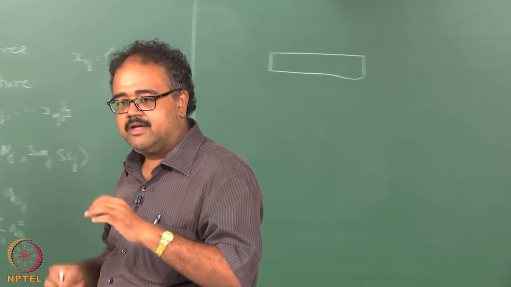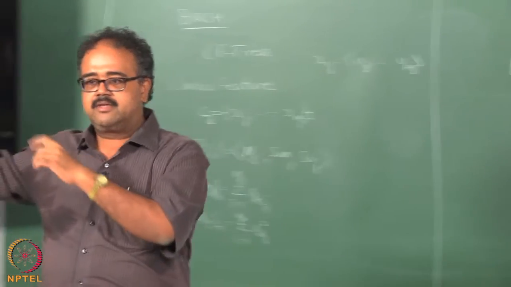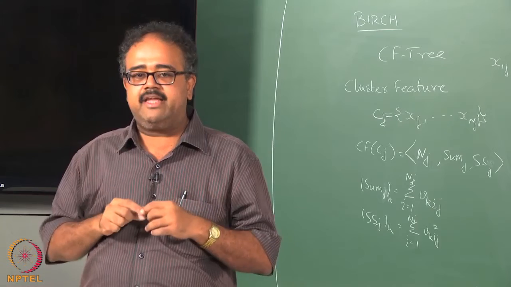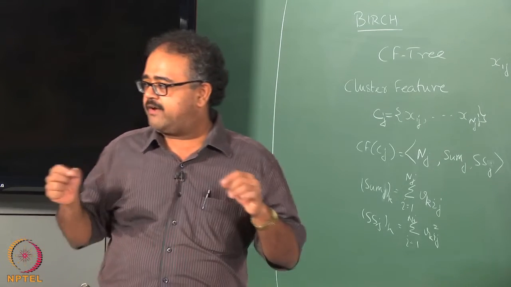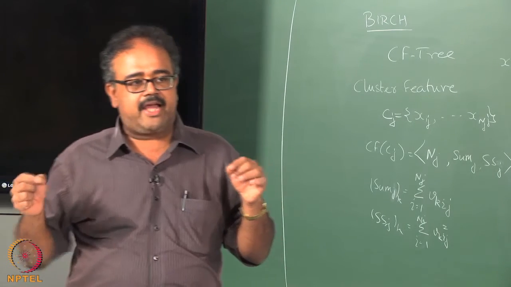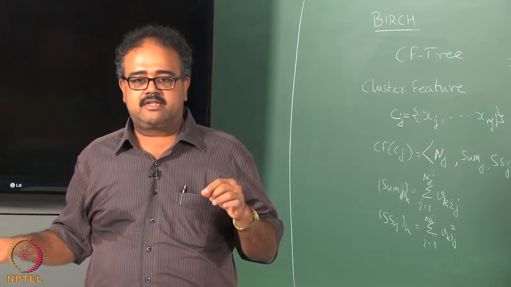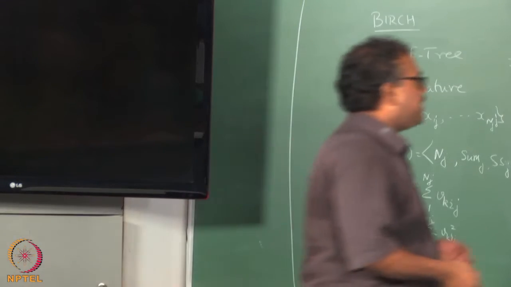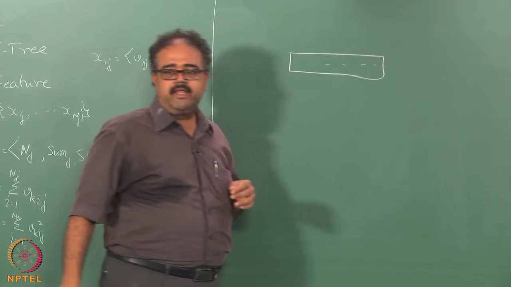2 comma the sums of the two vectors, plus the sums of the squares of the coordinates, but I do this only if the 2 points are close together. If they are too far away, if the diameter is very large, then I do not merge them together. I make it into a different cluster and do the clustering feature there. So, I keep doing this, right, I keep going until I come to some point where